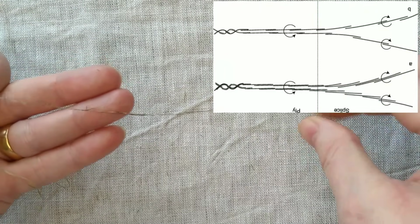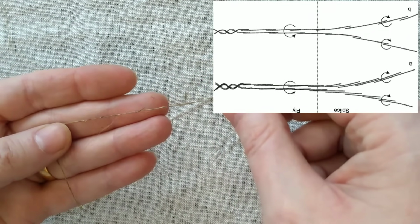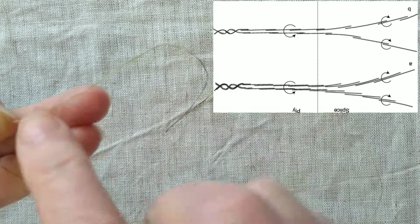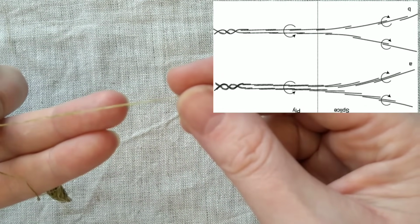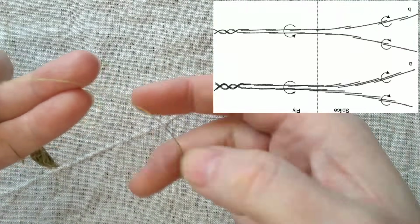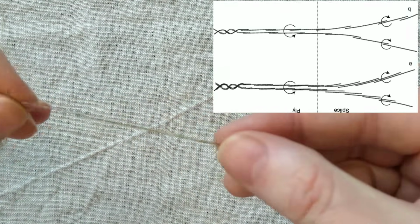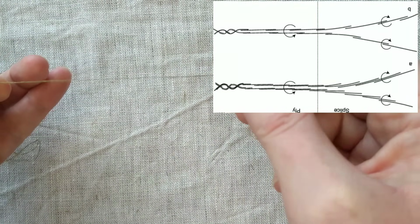Now, both of these methods have been identified on early textiles. The really important thing about end-to-end splicing is that the main part, is that even nearly in focus? We'll try, has almost no twist in it at all. It might pick up just the tiniest bit from the splice, just expanding down a bit. So there's no twist at all in this section. When you get to the bit with the splice in it, there's actually quite a lot of twist at that stage. Now, this is, as I said, stronger than it looks, but you wouldn't put the tension of a loom